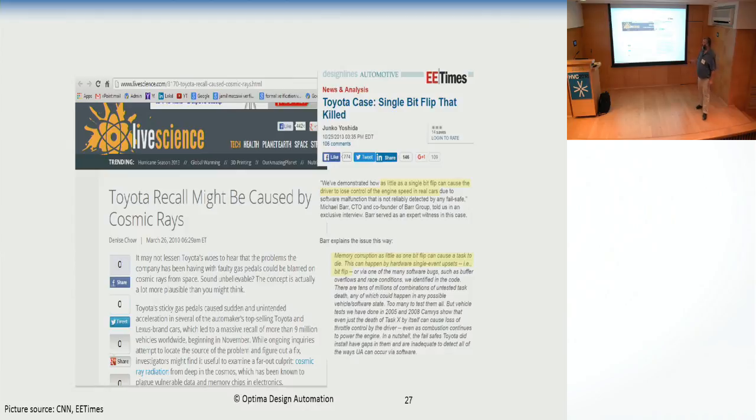And the people covering the story are saying that as little as a single bit flip can cause a driver to lose control of the engine speed in real cars. Memory corruption, as little as one bit flip, can cause a task to die. This can happen by hardware single event upsets, i.e. bit flip. So in this particular case, which is a real case in a real court, with a real recall